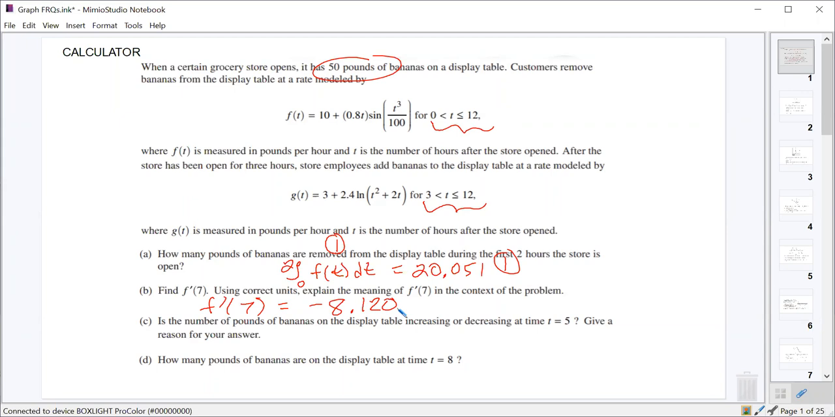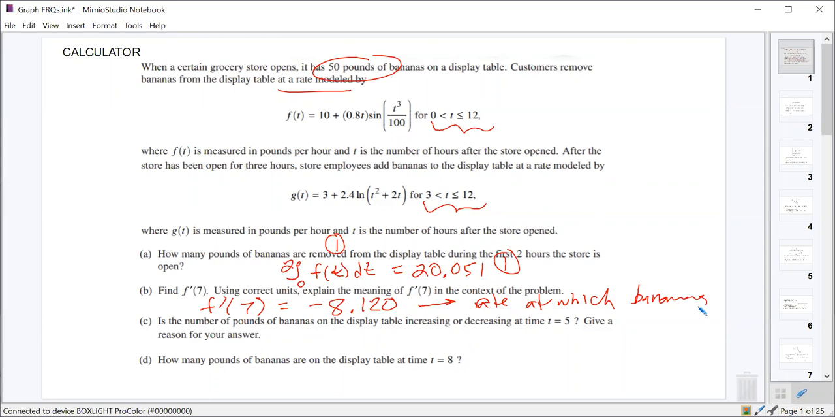All right. And then we needed to explain what that meant in the context of the problem, and we needed to use correct units. So this is the rate of change, right? The derivative of something. That's a rate of change of f. So it's the rate of change of the rate at which the bananas are moving off of the table, being removed from the table. So we would say that the rate at which